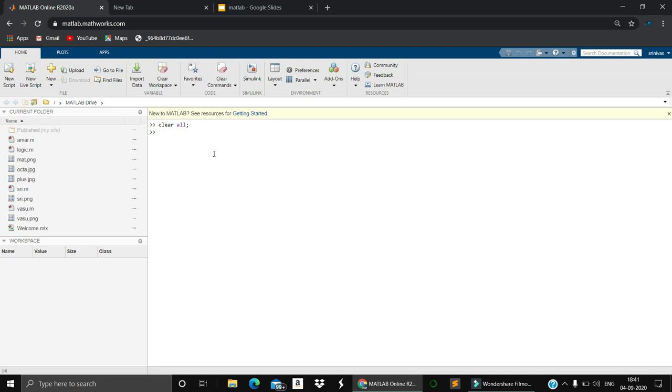If you are initializing a variable, say I am initializing a variable a is equals to 10, and with the same variable I initialize a is equals to Ravi, then when you are performing the addition operation or anything, the compiler itself will get confused whether the value is 10 or Ravi. So to avoid the confusion of the compiler, you need to clear all the variables from the previous operation. So these two will be mandatory.